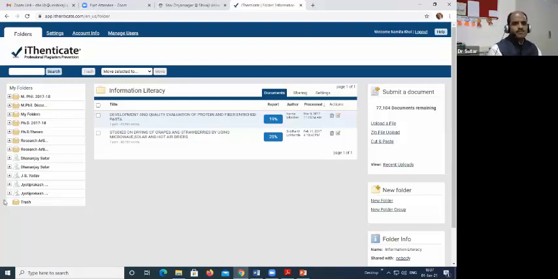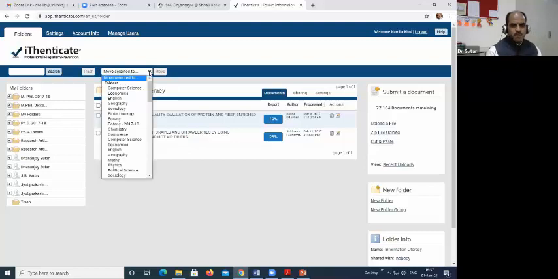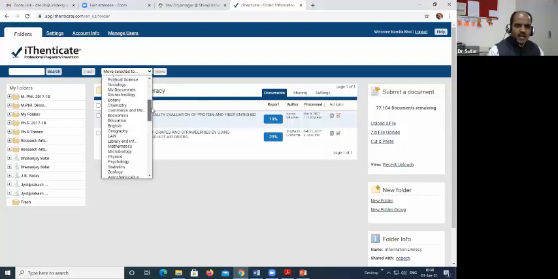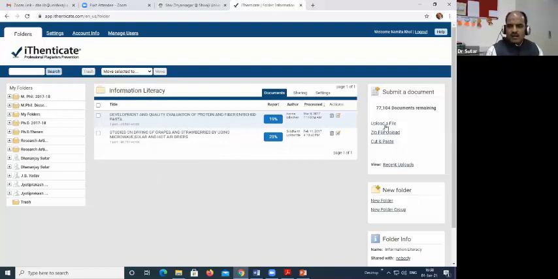Now see, when I have to upload a particular file, I have to select a particular folder. See, now if I want to check the manuscript of a student from Library and Information Science, I will go here and click on this Library and Information Science group. Then I will go to upload a file.